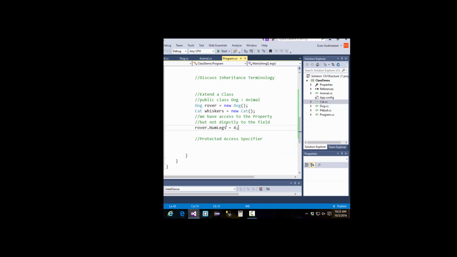Now, notice we don't have a number of legs property inside of our cat class yet. We could say whiskers dot num legs. Does whiskers have all of its legs? No. Make him have 3 legs. Whiskers lost a leg. You got in a car accident. So only got 3 legs. We coded the property once, but many of our child classes have access to those